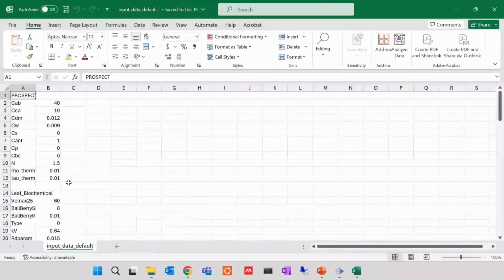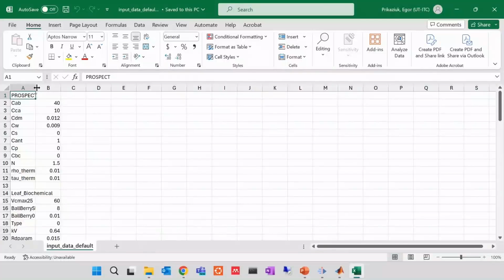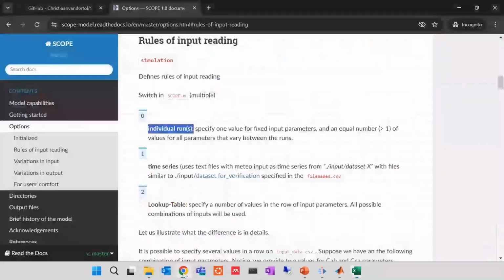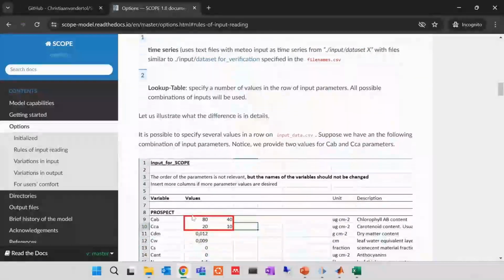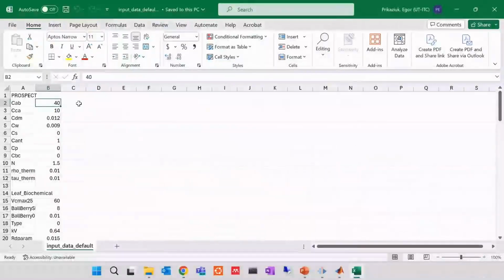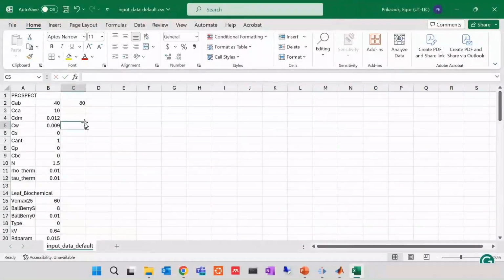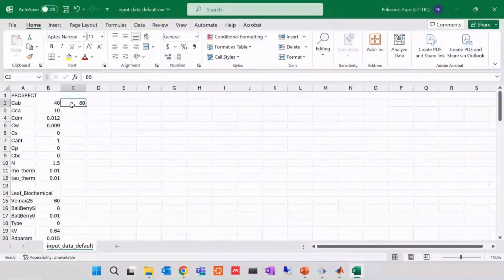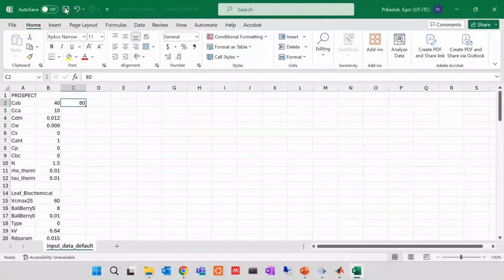Finally, input data default. What we are going to change here is we are going to reproduce exactly the case that is specified here in the documentation. So we say that we need chlorophyll 40 and 80. Very simple simulation, just 2 runs. Again, we save it, we close it,